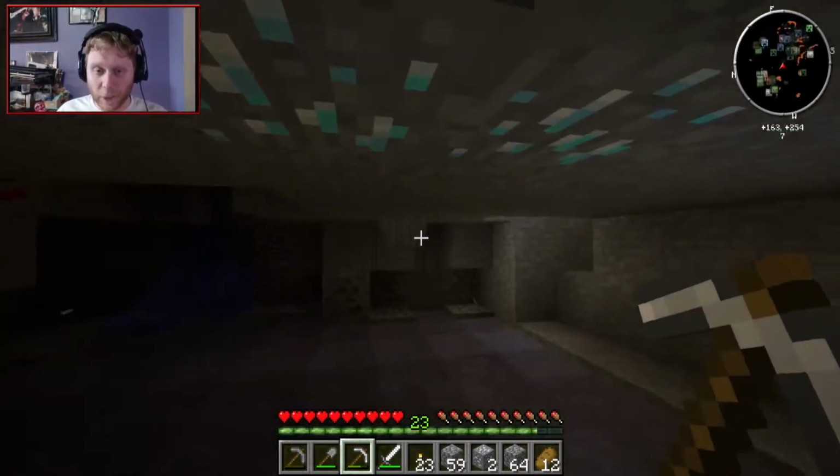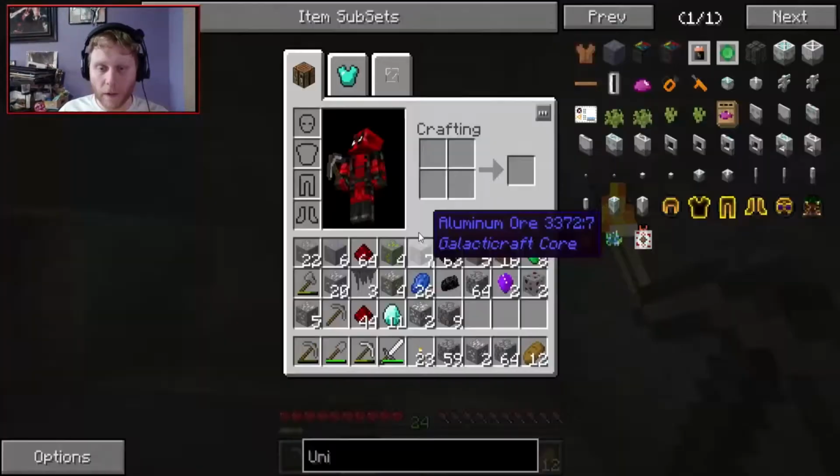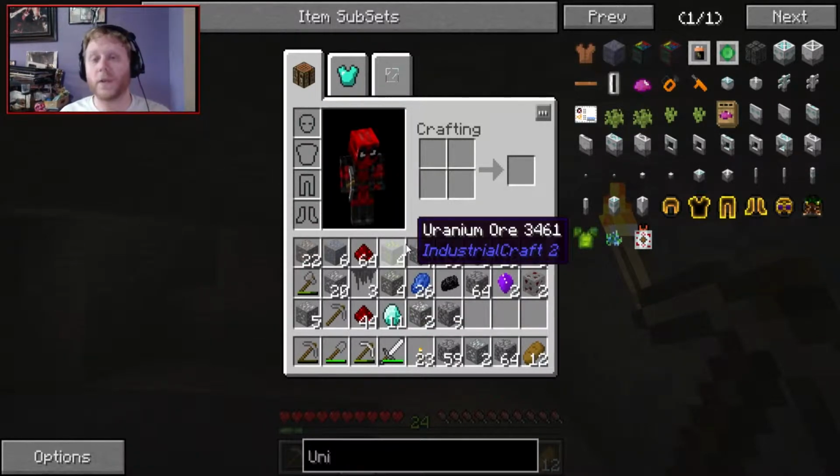Okay, so here we go. So we got some diamonds. We're doing pretty good on diamonds. So that's a total of 11 diamonds. So technically I could set up a quarry right now, but I need a diamond pickaxe first off because I have to have one for my own because I need to make obsidian. And so once I get that sorted, I get to the nether so I can fly,